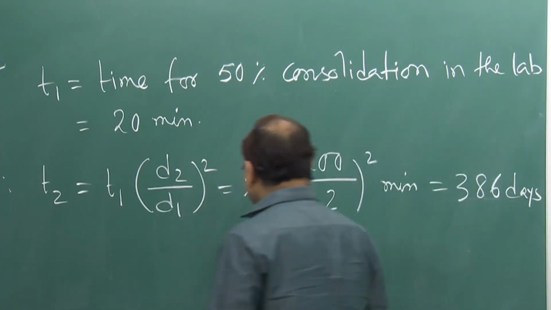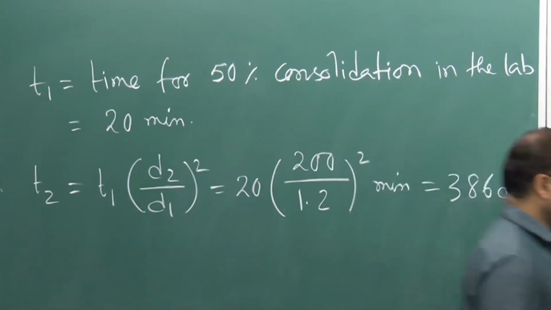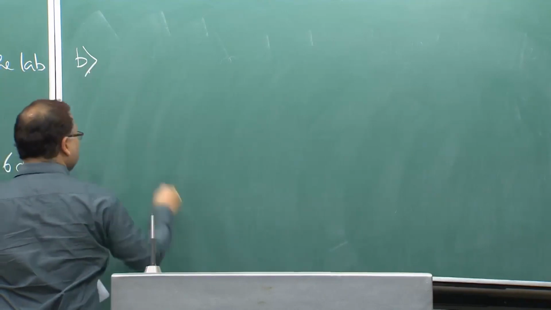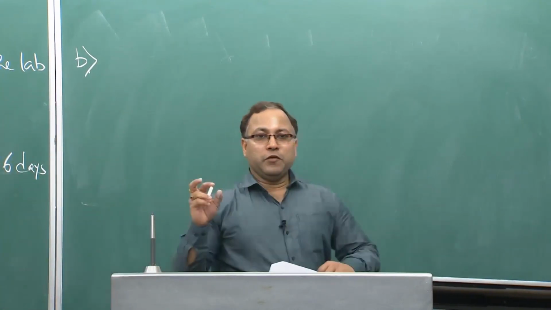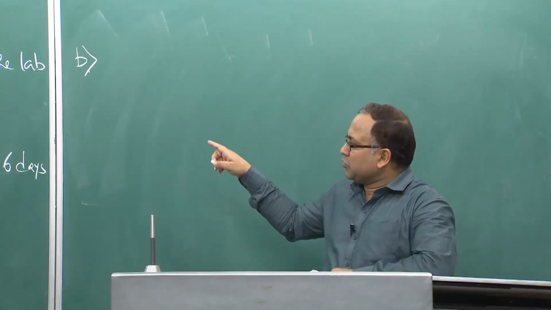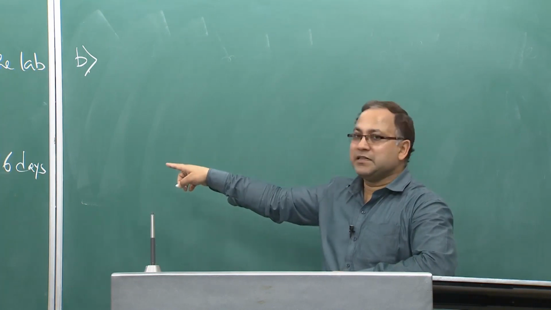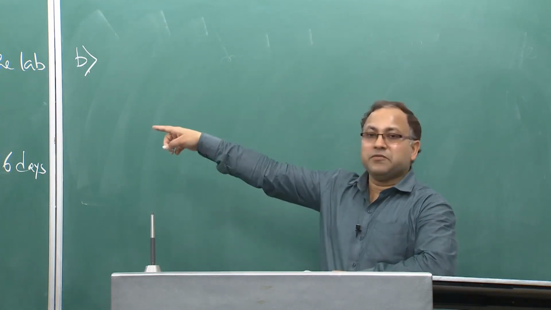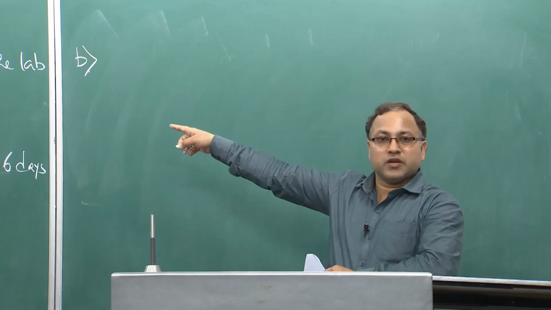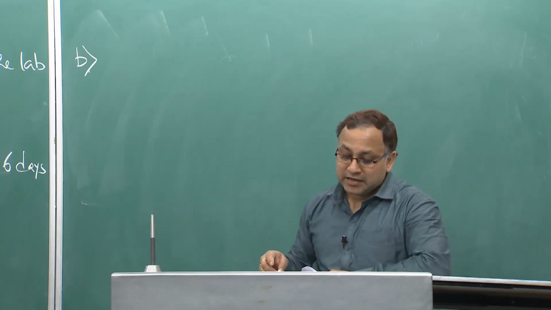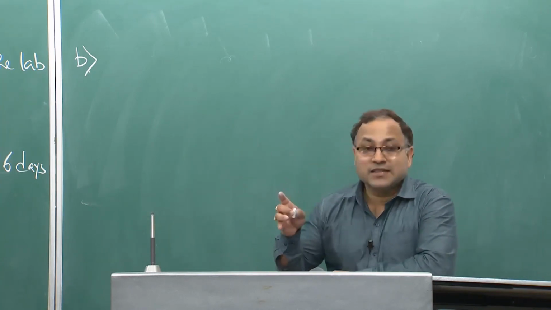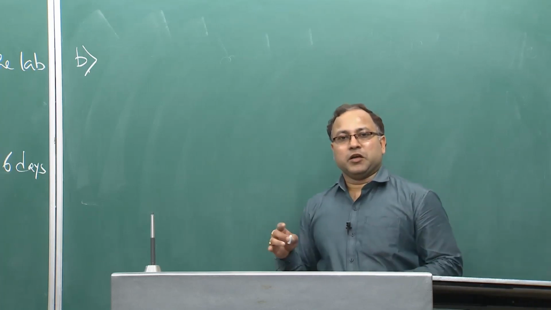So, now we will go for the second part. In the second part it says that you had the double drainage system. So, that is why you are taking 386 days in the field to get 50% consolidation. Now, the second part is saying that if the clay stratum has only single drainage, that means the water is